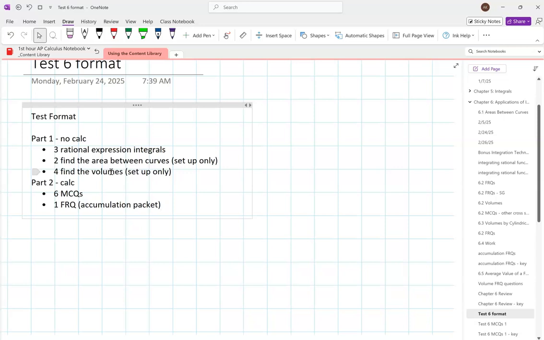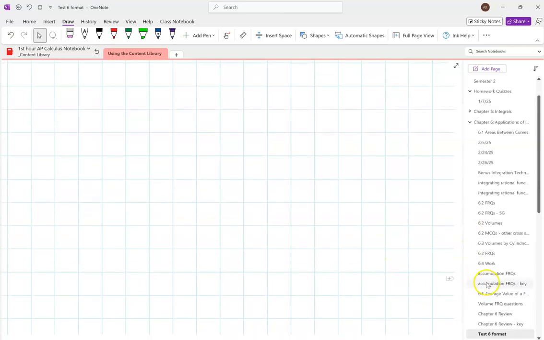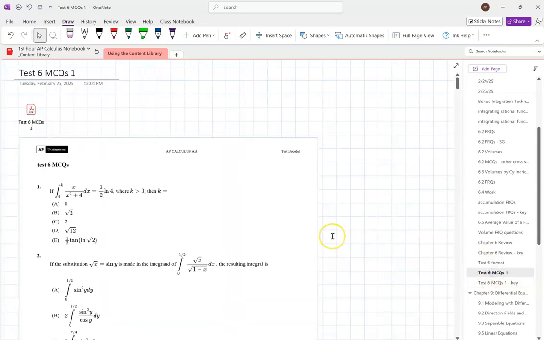So again, for those volume problems, we saw there's 4 different kinds of volume problems, right? There's discs, washers, shells, and then the geometric cross sections, where the textbook didn't have examples of those, but I put some extra stuff in from my AP that has those kinds of problems in there. I dropped in some additional MCQs here to the OneNote for you guys to look at along with the key there. I have the keys for the accumulation problems,